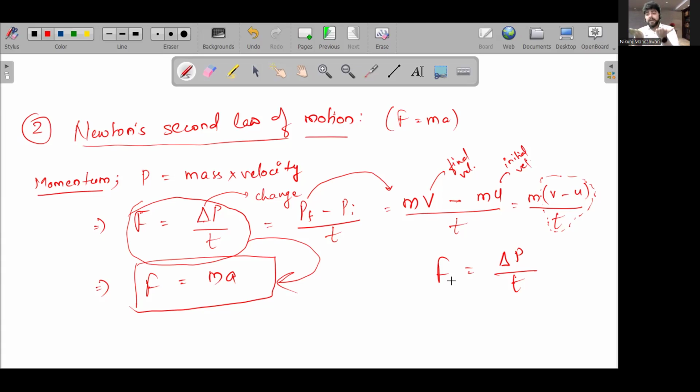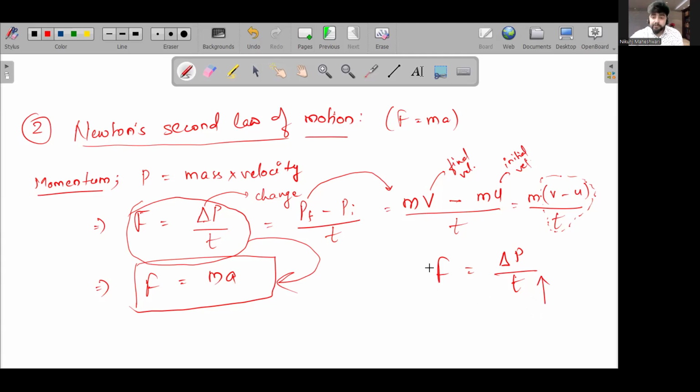What is happening is, when you have the bottle at a height, it has an initial momentum, 0. And when you drop it, it starts gaining the momentum because it's gaining velocity. As soon as it hits the ground, its momentum is changing again. But in the cushioned surface, it's taking a lot of time to change that momentum. Why? Because it will sink first and then bounce. So there will be enough time for the momentum to change. That means you have good amount of time in cushion surface.